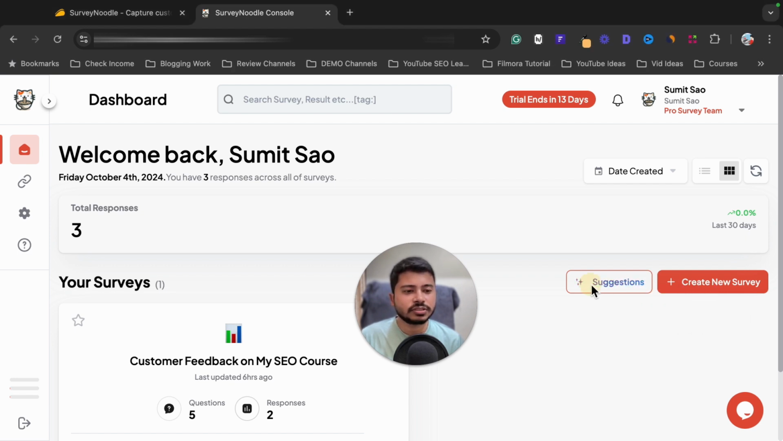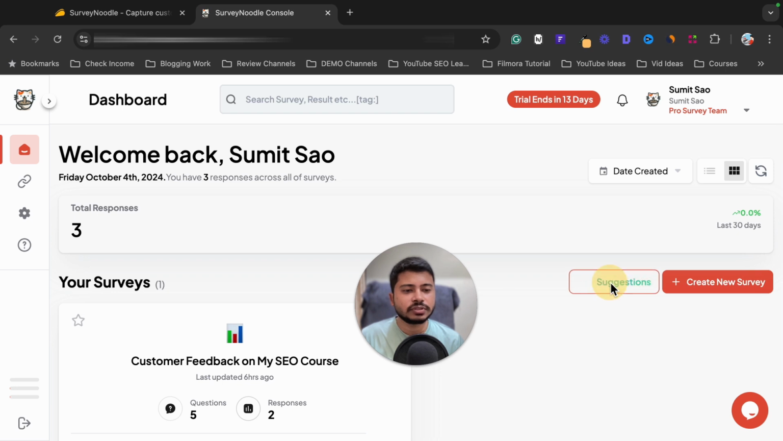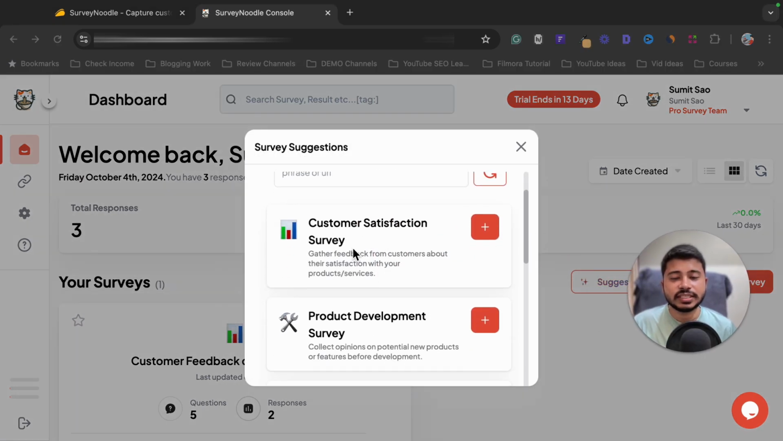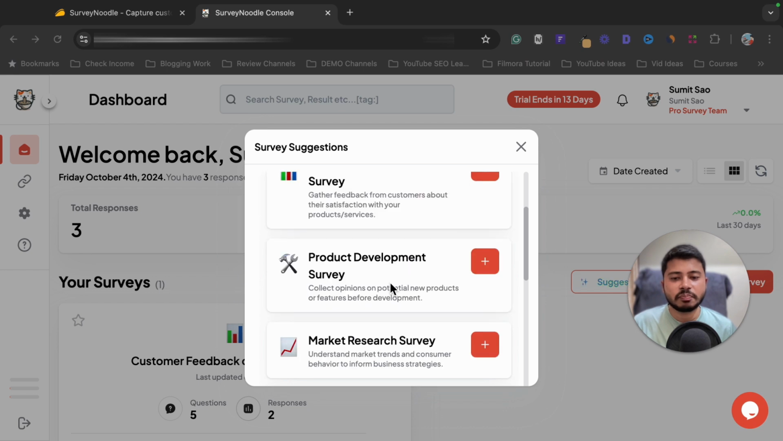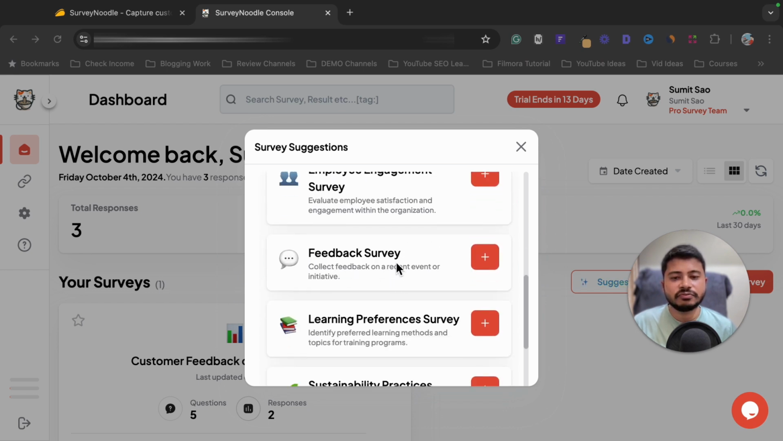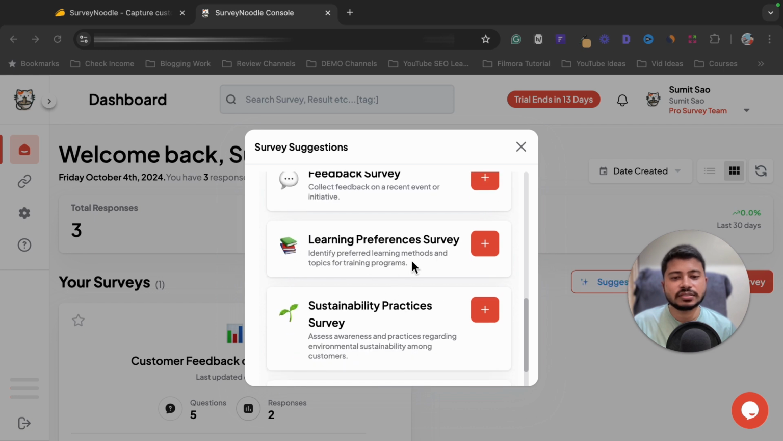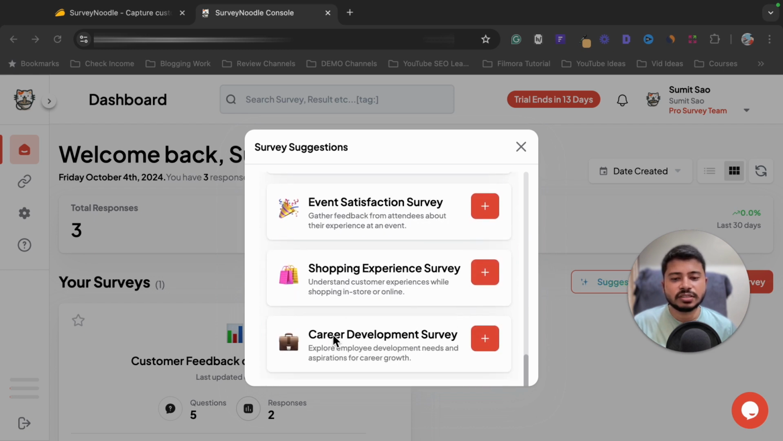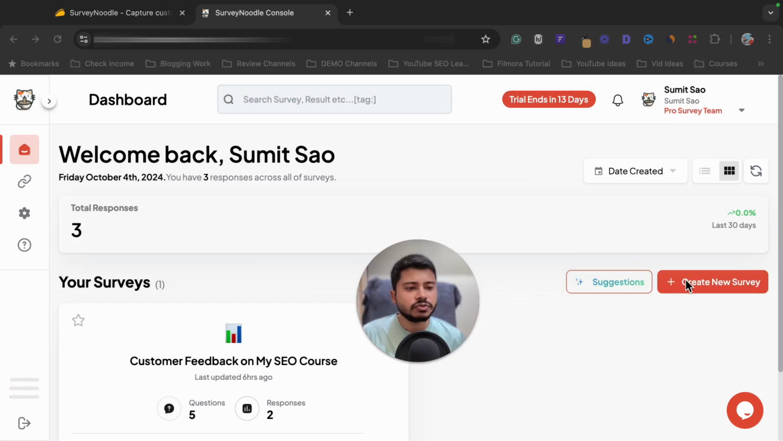So if you click on suggestions, it will give you some basic suggestions for what type of survey you want to create, like customer satisfaction survey, product development survey, market research survey, employee engagement survey, feedback survey, learning preference survey, event satisfaction survey, shopping experience survey, career development survey, or anything you want. And if you want to create a new survey from scratch, you can click on create new survey,